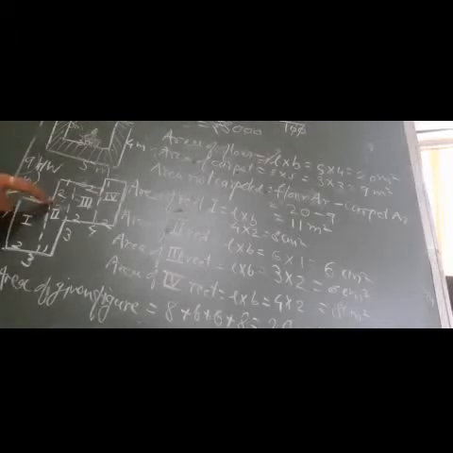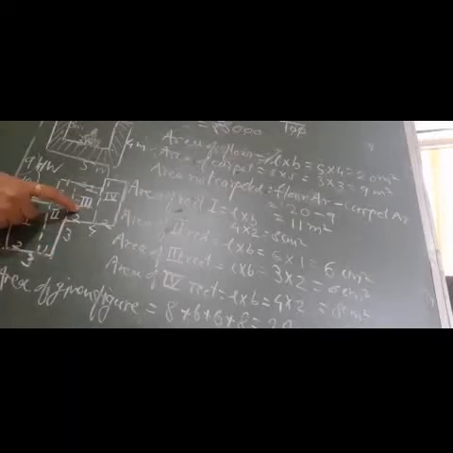If this is 2, then I know that the opposite sides of a rectangle are equal, so this also will be 2. If this is 2, and the whole is given as 3, it means the remaining is 1. So this will be 1, and as this is 1, this will be 1. This is 2 and this is 4. So what will be the length of the second rectangle? The length of the second rectangle will be 6, into the breadth, which will be 1.